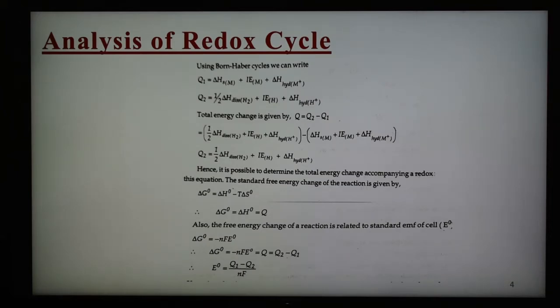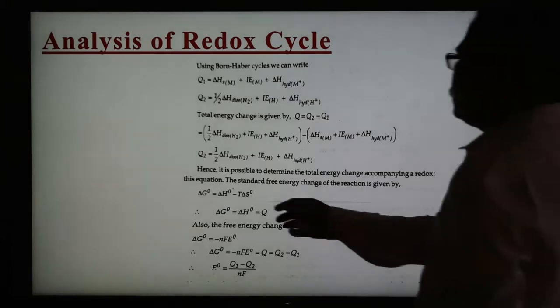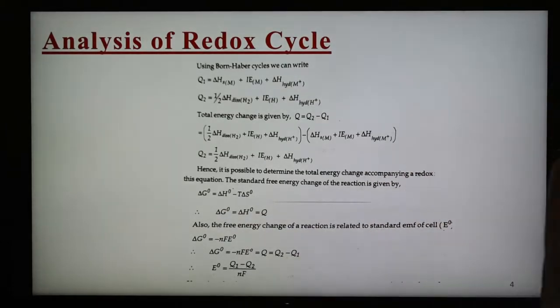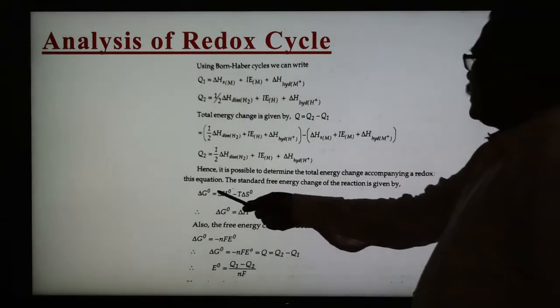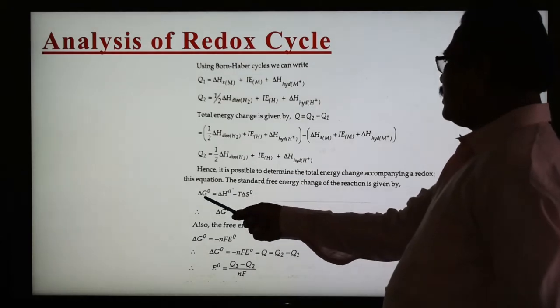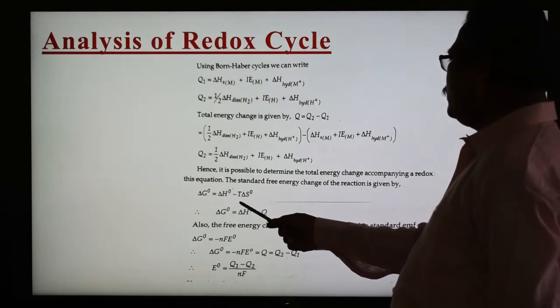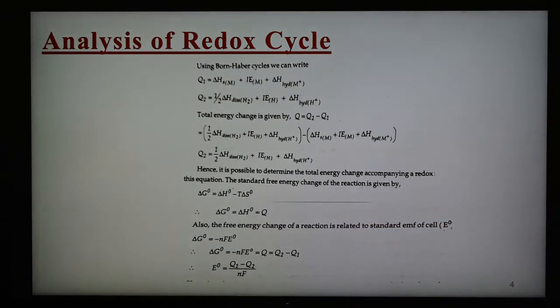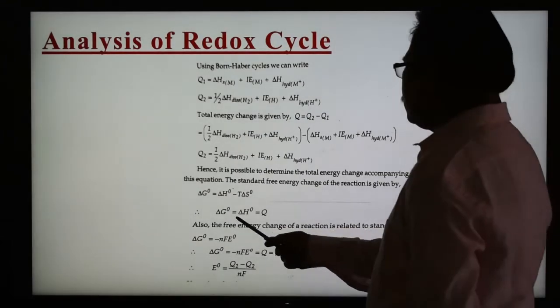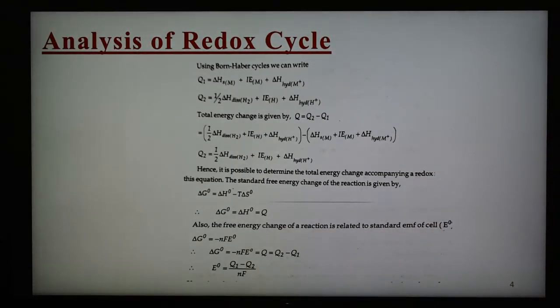The standard free energy change is also given by the equation. So this is the standard free energy change shown here. This is the equation in a standard state: delta G0 equals delta H0 minus T delta S0. As we know, delta G0 equals delta H0, which equals Q, because in this case